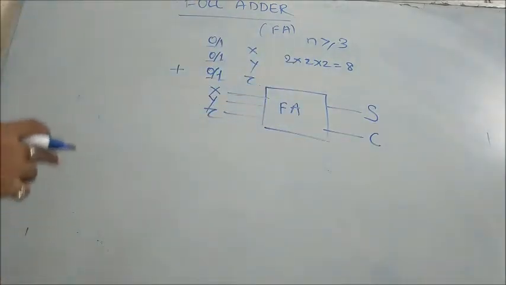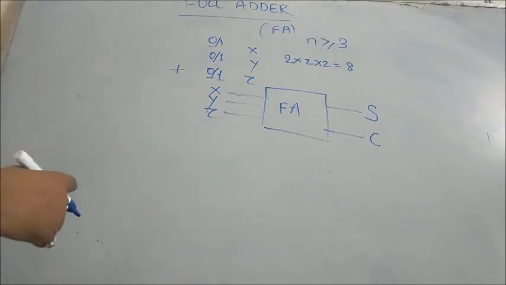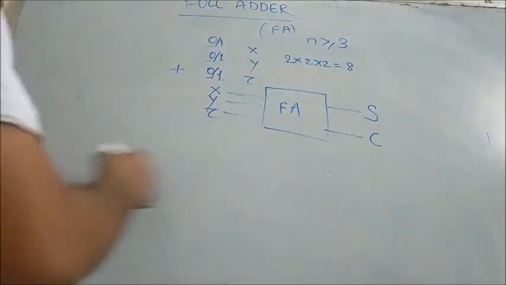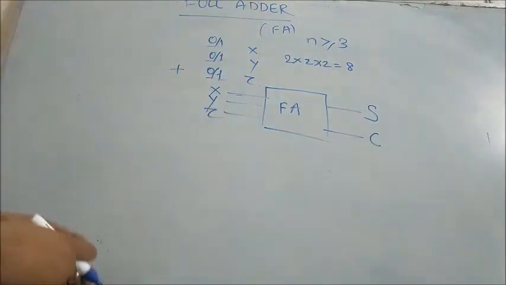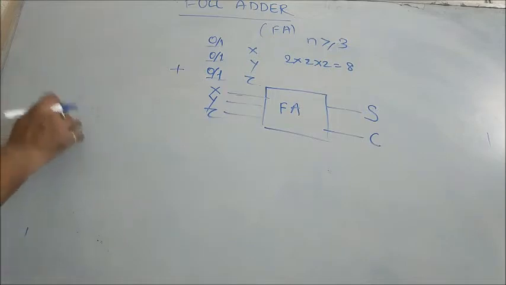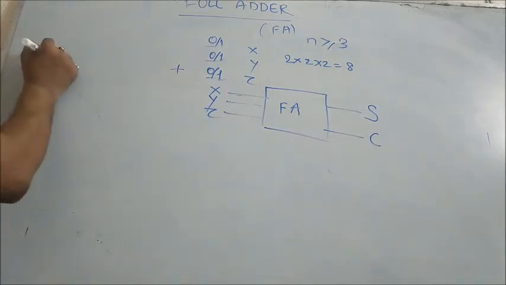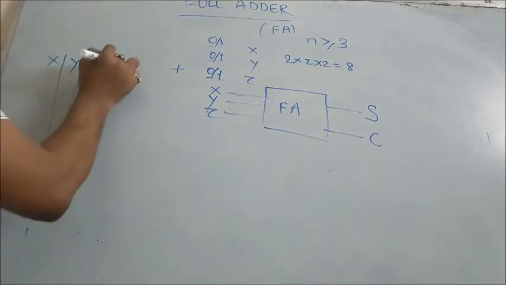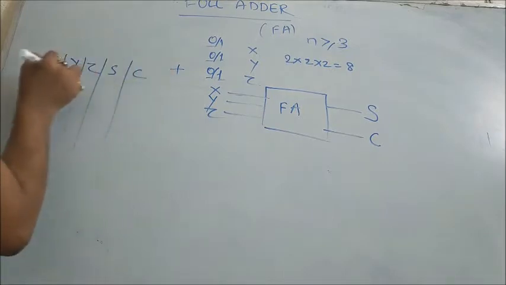Let's talk about the truth table of this full adder, and after that we will discuss how it will behave, that means how your sum will behave and how your carry will behave. On the basis of the behavior of sum and carry we will design the logic circuit of full adder. So let's talk about the truth table of FA, that is full adder. I can start here. First is your x, y and z. This will be your S for sum and this is your C, for carry.